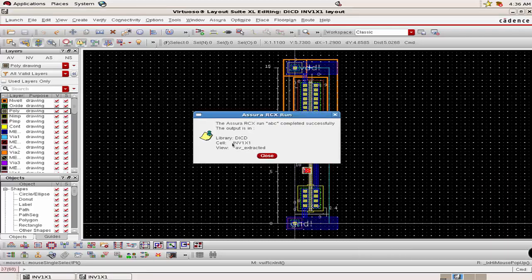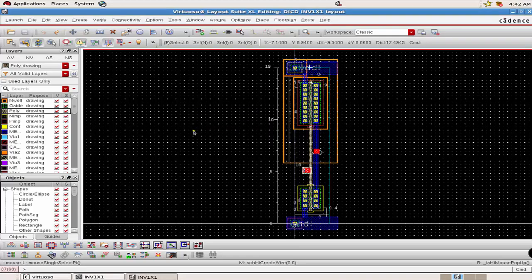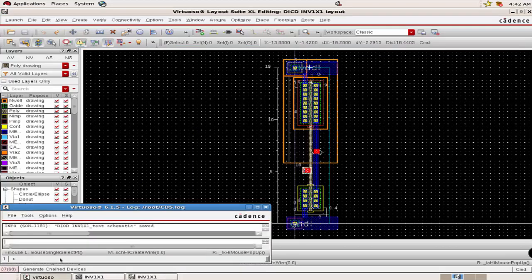Now, till now the inverter cell had the schematic view, the symbol view, and the layout view, and this new view which is known as AV extracted view. So we have totally created 4 such views. One can visualize the RC components from the AV extracted view, for which you can just click on this Virtuoso